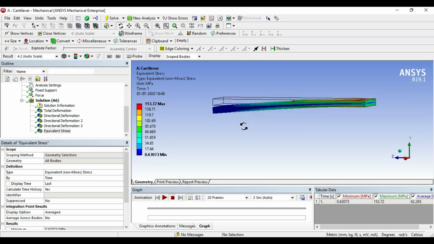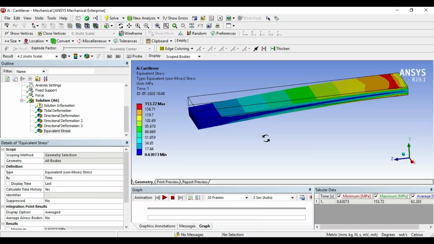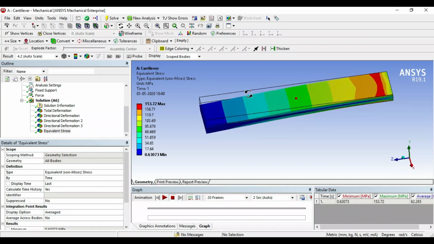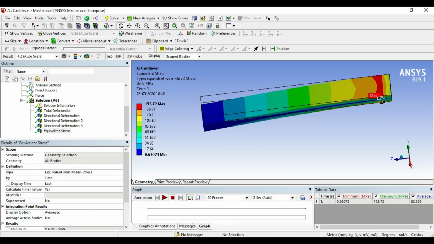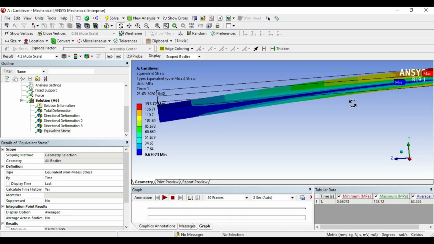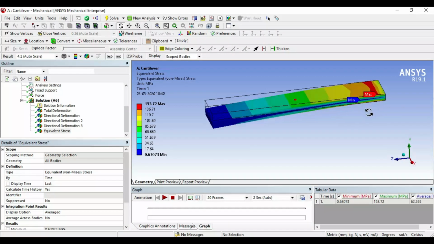In this way we can see the deformed and undeformed shape simultaneously. When you want to see the results for maximum and minimum, then click on this max. It will show the maximum stress at this point. Then click on minimum, it will show the minimum stress at the center axis of this cantilever beam.